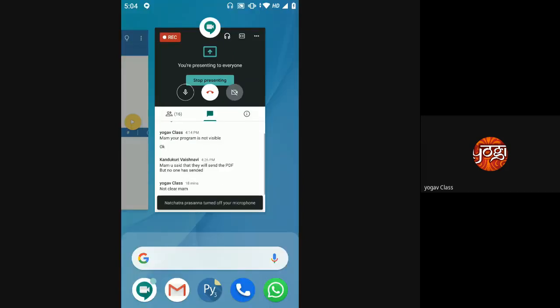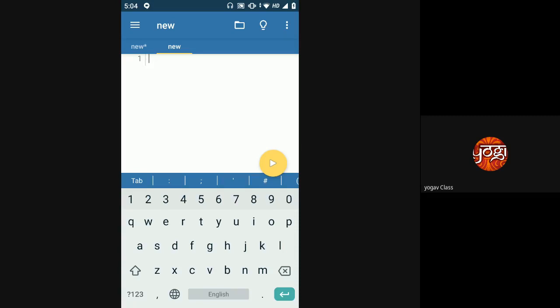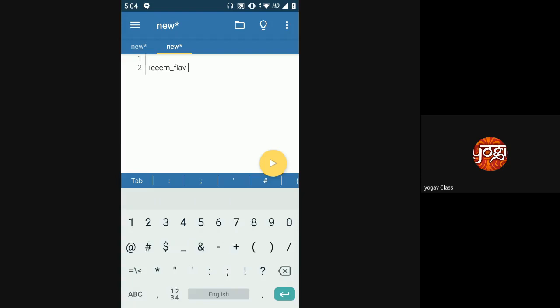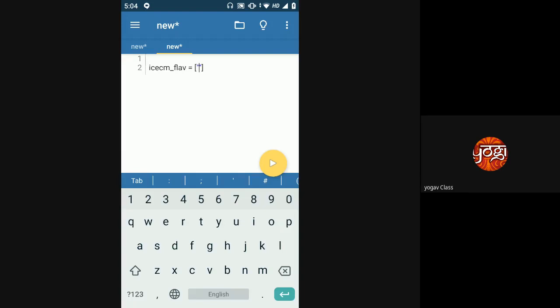Yeah, so now we'll see the list operations, and we'll take one practical example. We'll try to write code for an ice cream parlor. Ice cream parlors usually have several ice cream flavors, right? So I'll create a list for the different flavors that the ice cream parlor has, and name it ice cm underscore flav. To begin with, I'll give it three basic flavors: apple, mango, and banana, maybe.